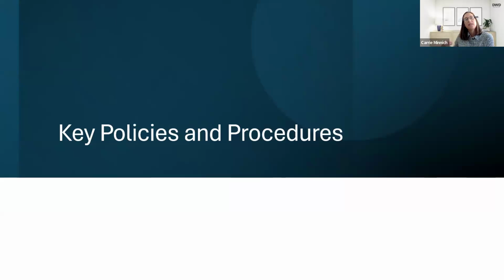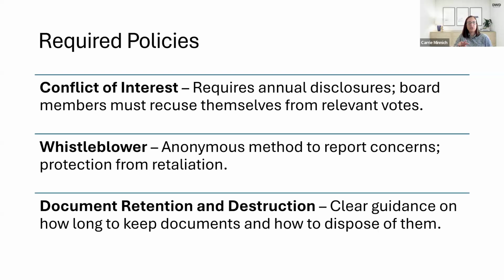Next, we're going to talk about some key policies and procedures, and these are written policies that are specifically related to controls right now. Obviously, there are other written policies and procedures that a nonprofit should have in place, but as far as what we're talking about today, internal controls, you really need to make sure that you have these policies in place. A conflict of interest statement. This is usually signed annually by the board of directors and management to say if they have any conflicts with any vendors or any individuals that the organization works with.